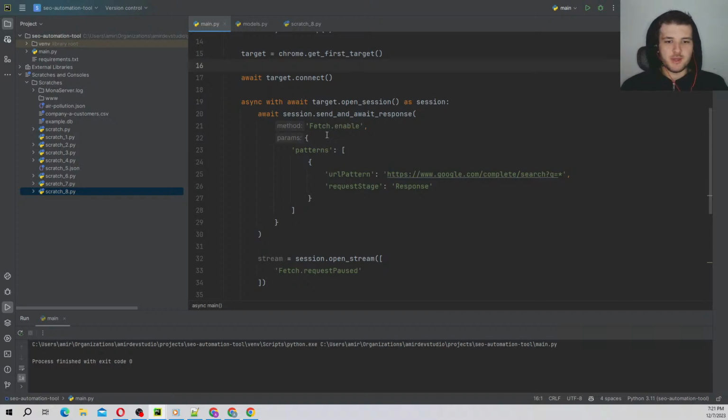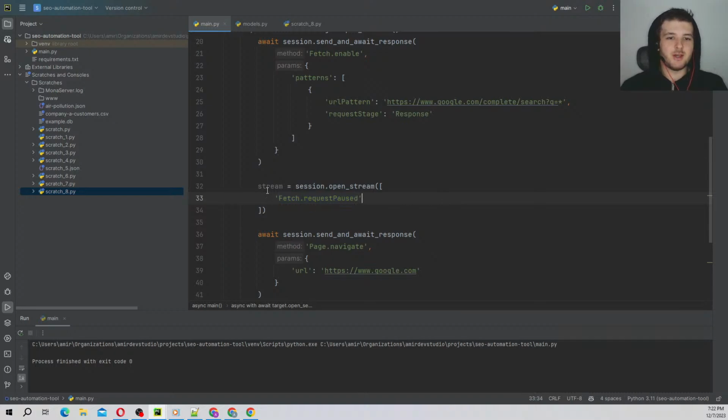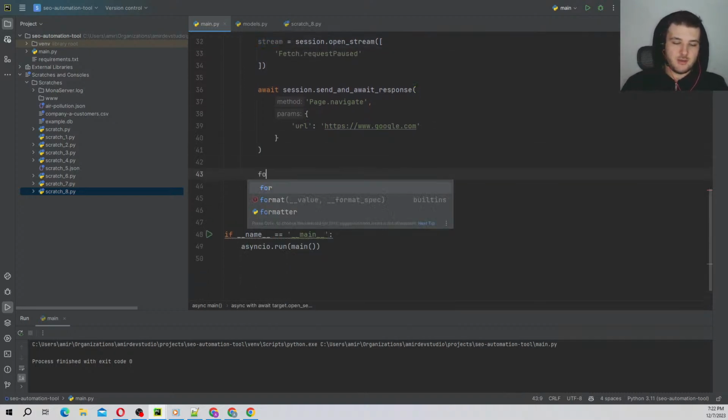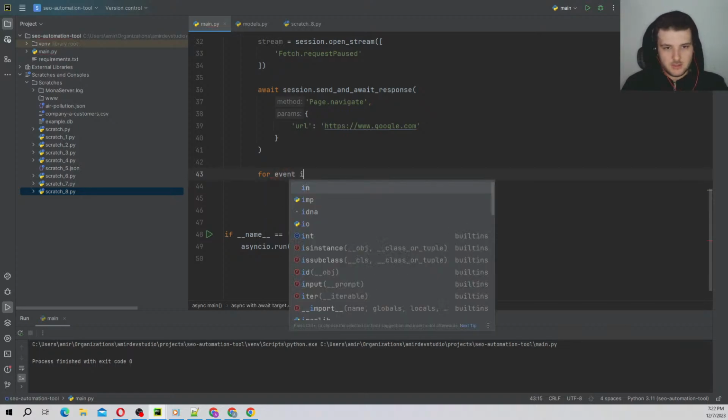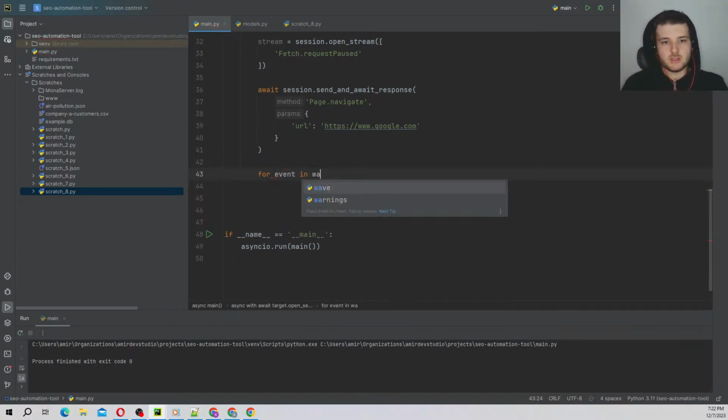Which is, you know, that's fine. That's exactly what we need, and then we can actually inspect it as we iterate over it. So with Asyncio, you really have got this asynchronous programming style. The way Chrome will tell you that something happens is they'll send you a request saying, hey, the request was paused. And I'm opening up a stream here, which I can then, for event and await